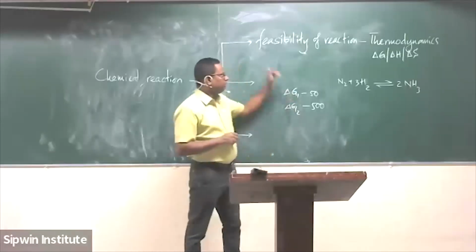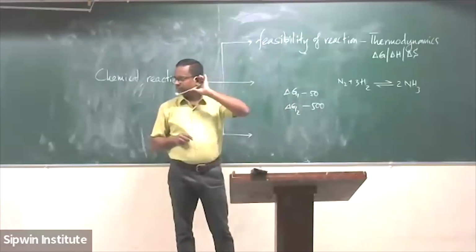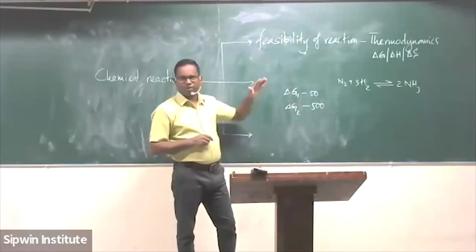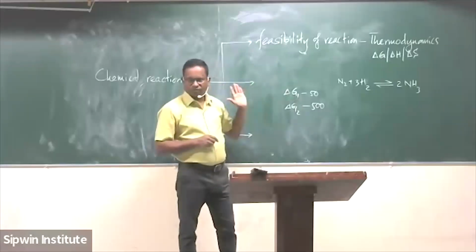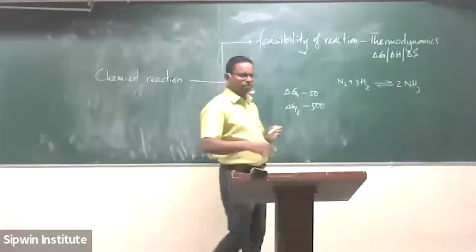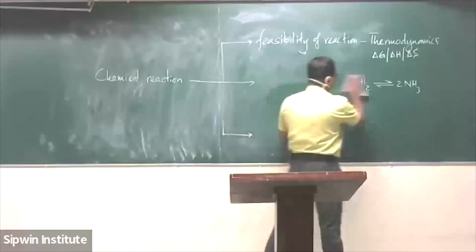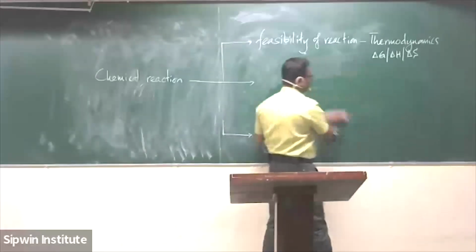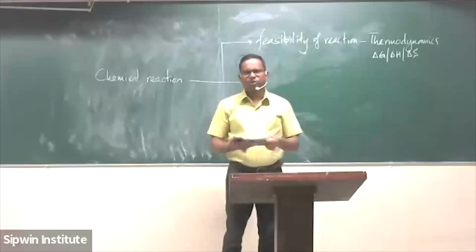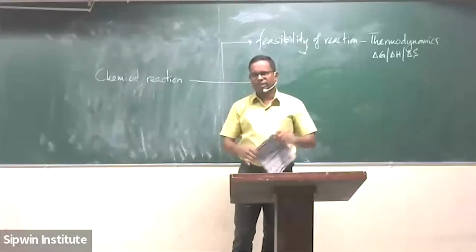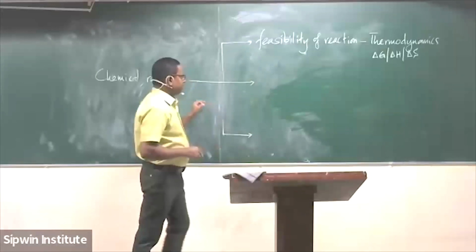Right? So here we can say that it is possible to happen or not, but you cannot express idea or take idea about the rate of the reaction. Then, like that way, now we can study the reaction in a different way. Now here we decide whether it is possible to happen or not, delta G with that one. Okay. Then the second way to